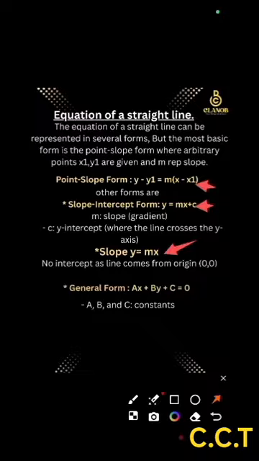Now one major thing about a straight line is it is a linear equation and also an equation of first degree. When you see a square on an equation, you know that that equation cannot be a straight line, right? Now you have a general form. The general form of a straight line is represented to be ax plus by plus c equals 0, where a, b, c are constants, right? So you have these 4 major forms of representing equation of a straight line, and I say the most